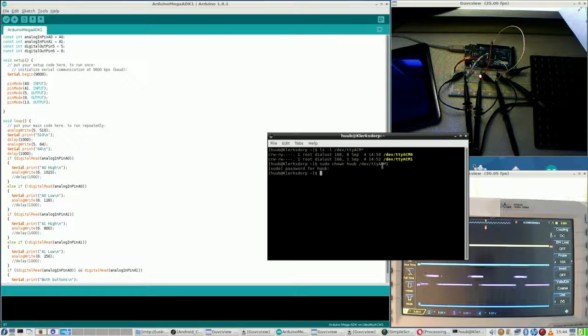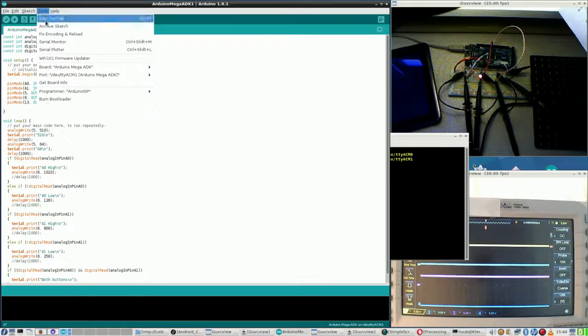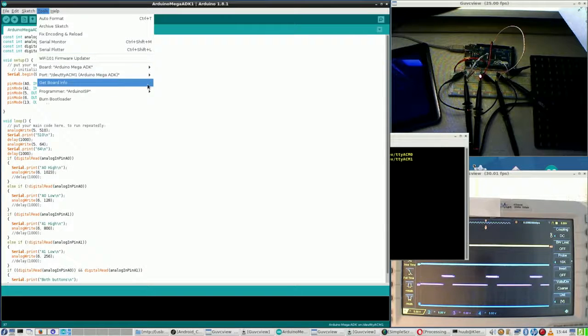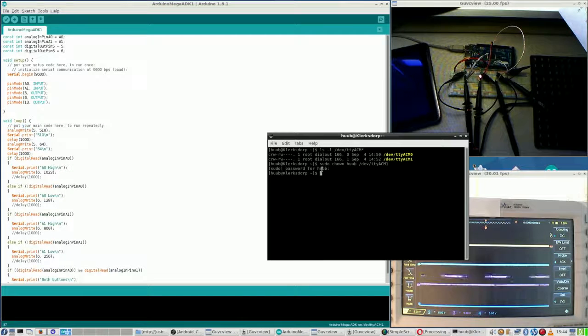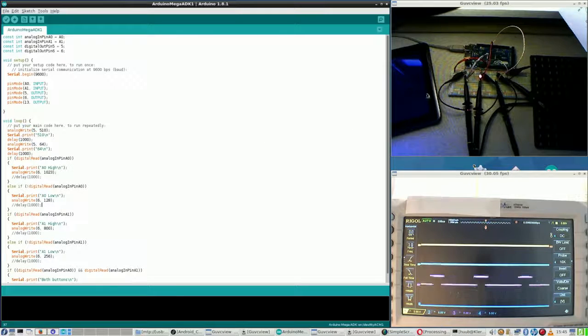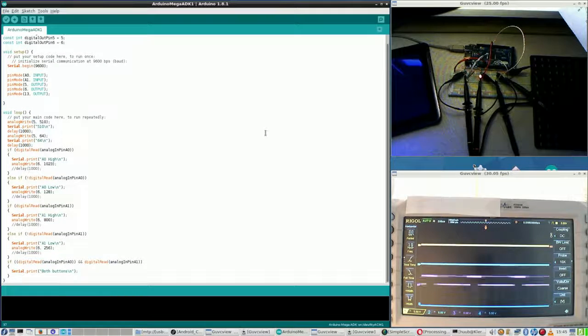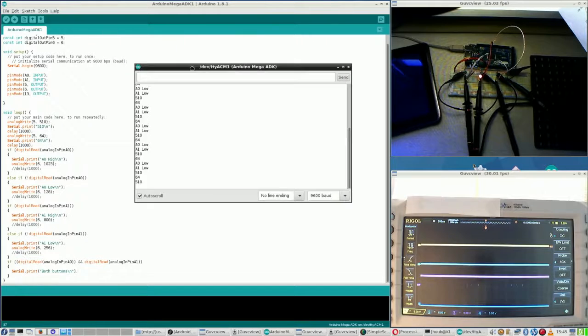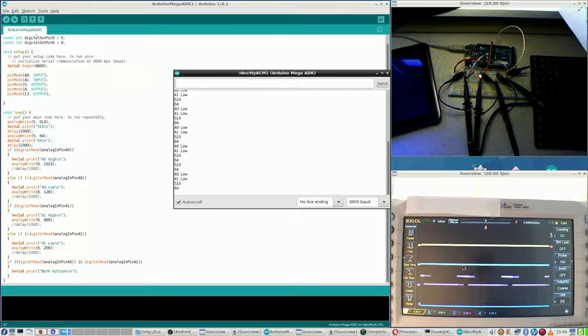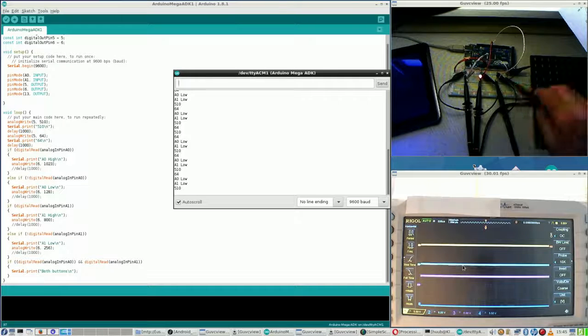I had to gain access to the correct TTY ACM port, and when looking here at the port, it says it is ACM1, so that's the only port I've gained access to. And last time I managed to change the software in such a way that it actually works whatever I do. So, showing the serial monitor as well as the oscilloscope, I can